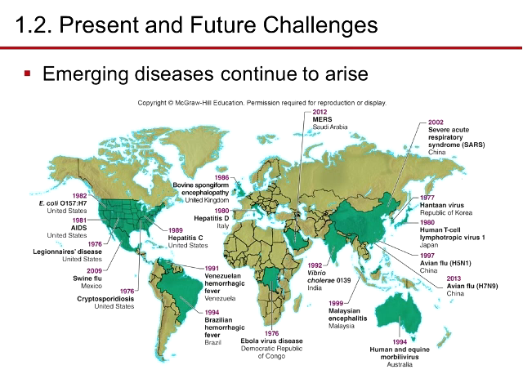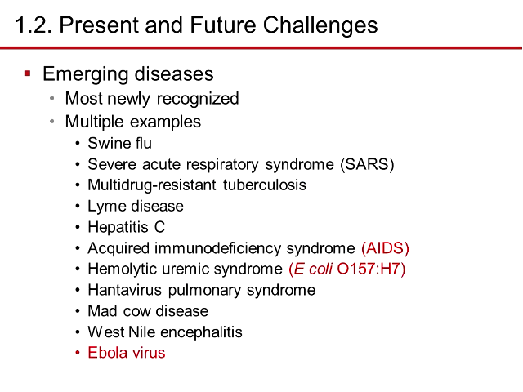You can see as we go through all the different diseases. There's Ebola, hepatitis C, which is becoming a big deal for elders now, hepatitis D in Italy. You're starting to see human and equine morbillivirus in Australia. And you start to see all the different kinds of flu we have, and they're outcropping. Emergent diseases mostly are newly recognized, but there are multiple examples.